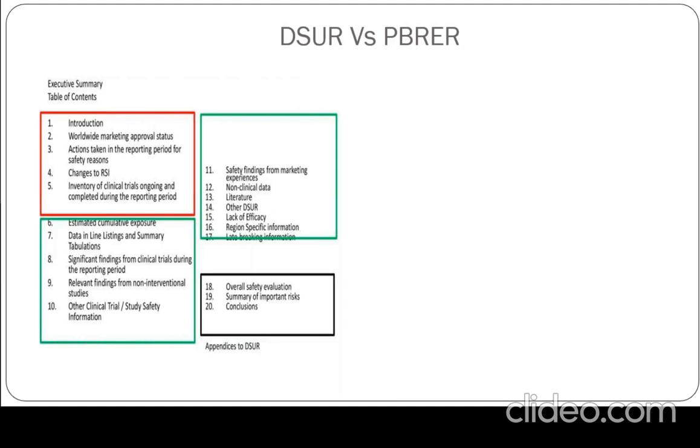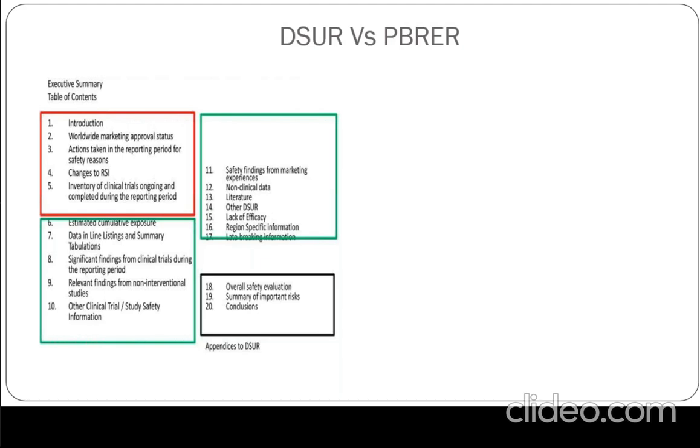Then the brief on case presentation, followed by the analysis, and then the discussion. So this format is a modular approach, and a very organized approach as well.